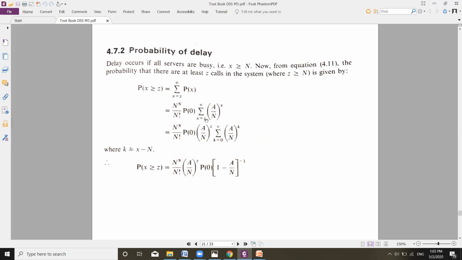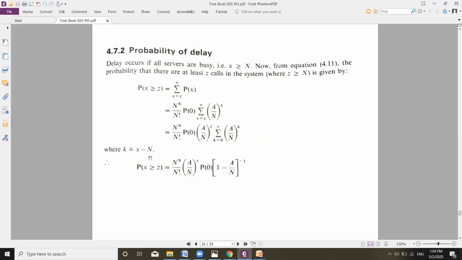Now if you split this limit, that is x ranging from z to infinity, if you take z only out, then you'll have this step, that is a by n to the power of n, a by n to the power of z multiplied by summation of k equal to 0 to infinity a by n to the power of k, where k is equal to x minus n, that